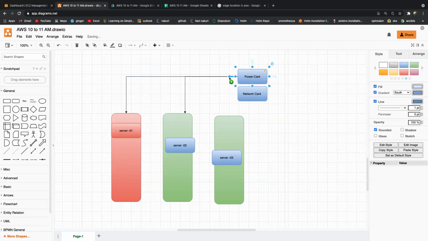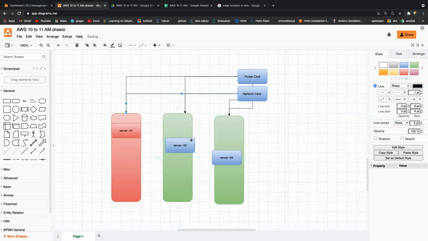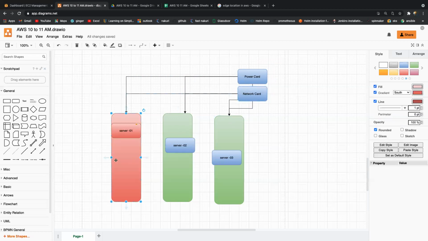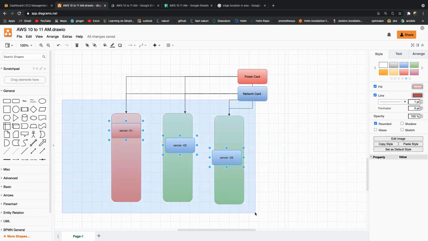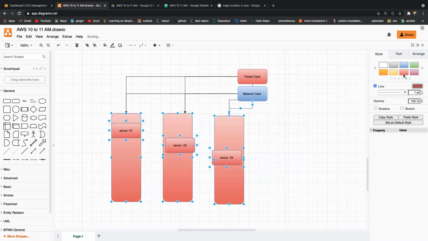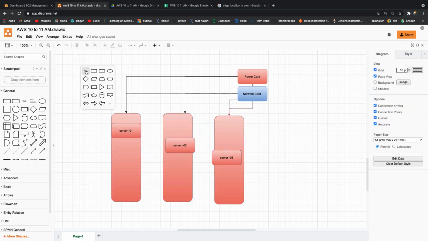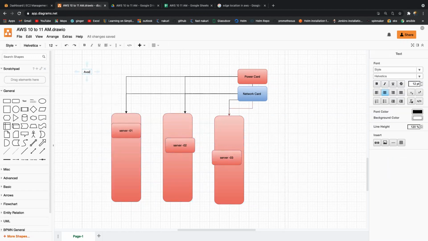So each of the 3 racks has one power card switch and one network card switch. Using this concept, we are able to achieve high availability, right? If rack one is down, the other racks, which have different servers, can keep running. But if this power card switch is down, 3 racks will be in a down state. Am I right or wrong? Correct? This concept is called availability set.